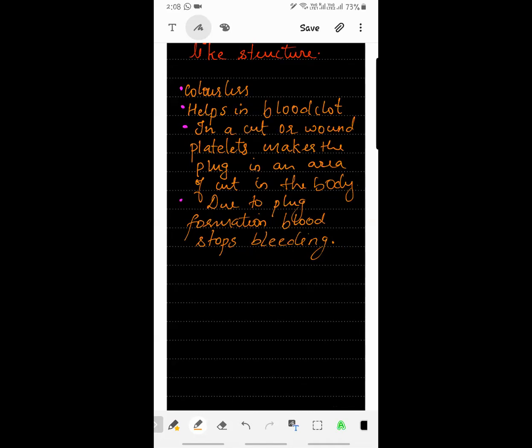If platelets are not present, the blood will continue to flow out of the body, and if it is not stopped, then excess loss of blood can cause